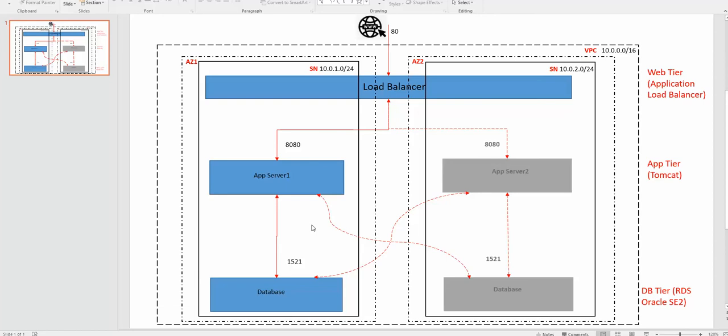Just to summarize, we have created a VPC. We have created two subnets in different availability zones, and we have provisioned the DB tier, an RDS Oracle instance, and through the option groups we have automatically installed the required Apex packages on the database instance itself. Once we provisioned the database, we created an EC2 Linux instance, and on that we provisioned our Tomcat and the app tier and established the connectivity between the app server and the database.